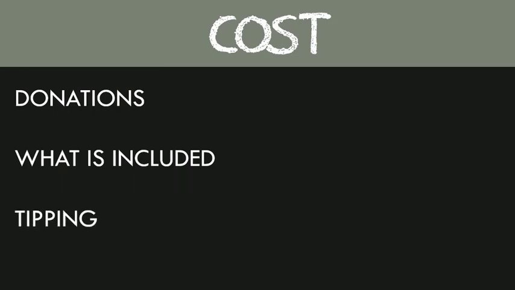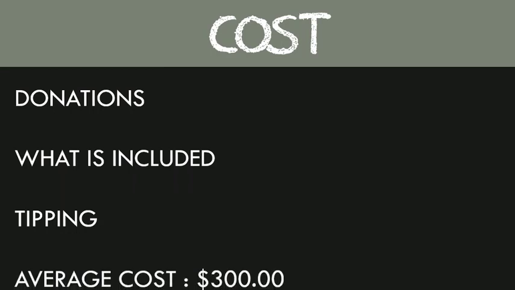Religious officiants don't usually accept tips. Instead, it's customary to make a donation of $100 to $300 or more for his or her house of worship, and then a token of your appreciation is always nice, say in the form of a gift card or a small gift. If you're having a civil officiant, he or she should receive an additional $50 to $100 for excellent service. And keep in mind that the average cost of a wedding officiant is going to cost you approximately $300.